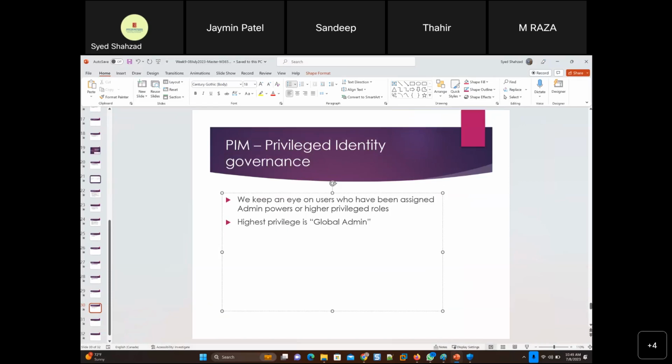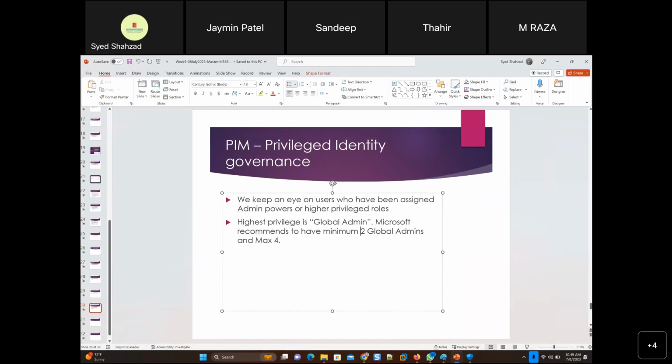Global admin. And Microsoft recommends to have a minimum of two global admins and a maximum of, well, it doesn't go more than five, but four maximum, and not more than that. The more global admins, I mean, then we have patients, right? So minimum, but actually there's no maximum here. I mean, they say that minimum and maximum is two, basically.